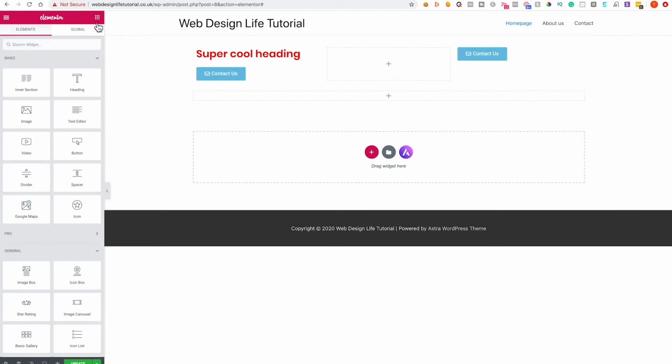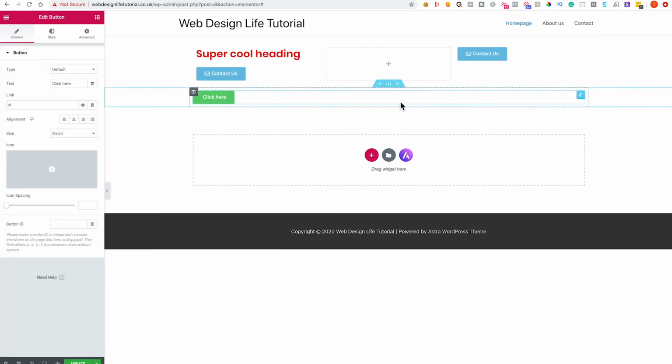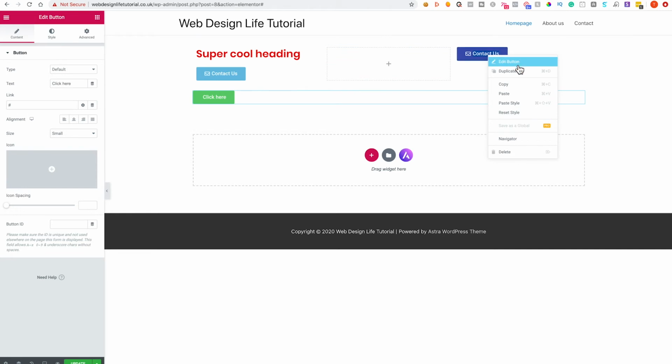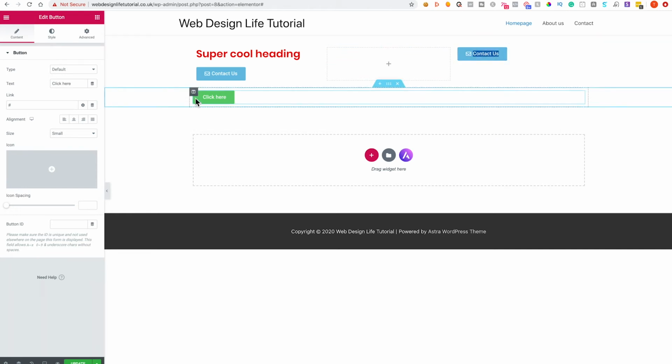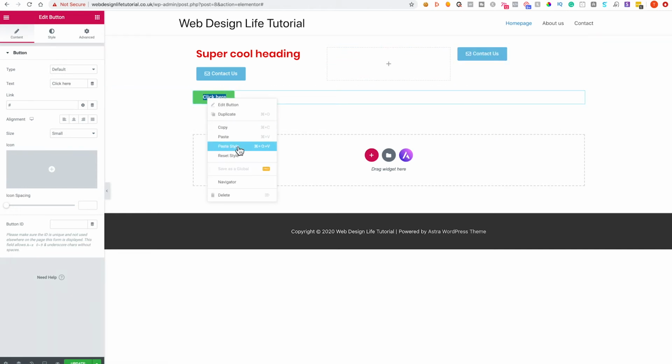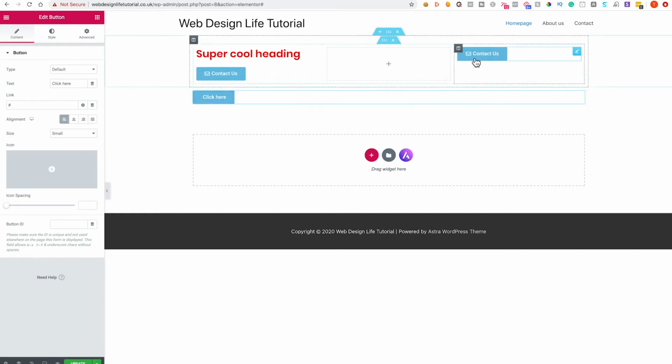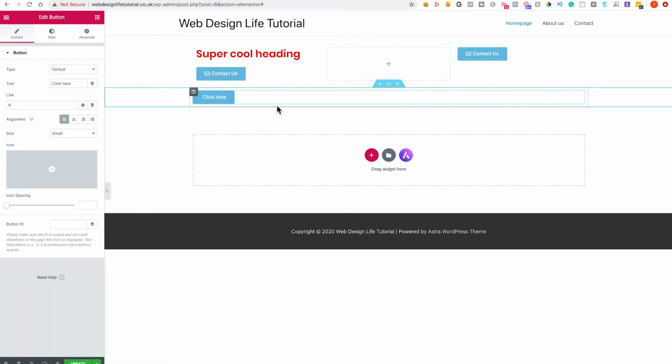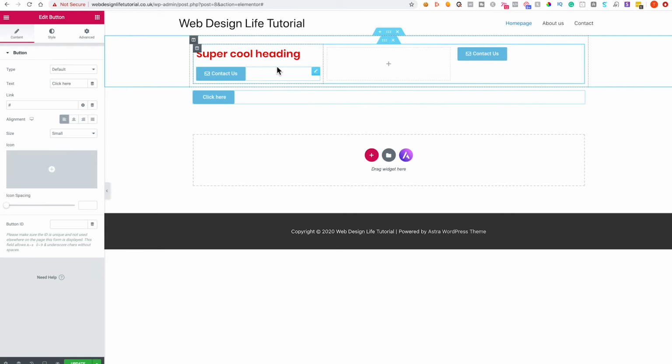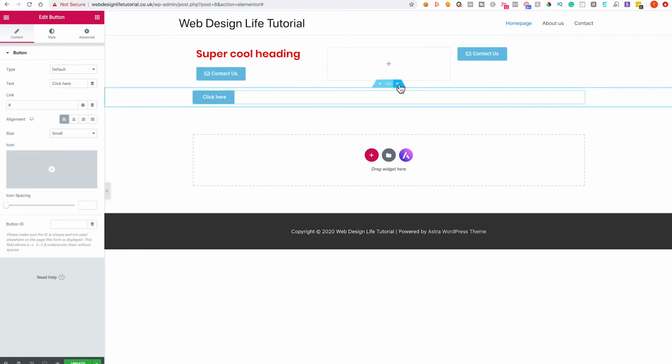And alternatively, if you do have, for example, a button on your canvas and you've forgotten to style it, you can copy any element and then paste the style onto the same element, like so. And now you can see that the style is the same, which is really cool, and you can do that for headings as well. Now I'm just going to delete everything here,